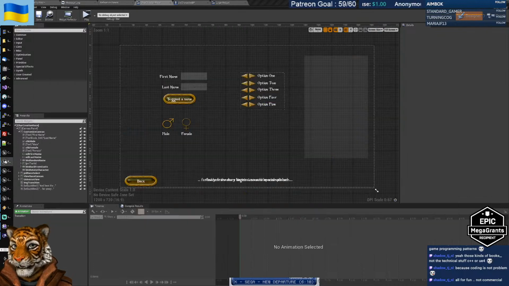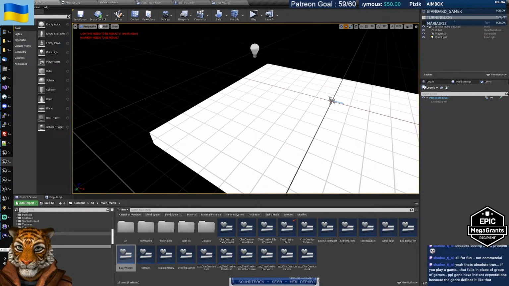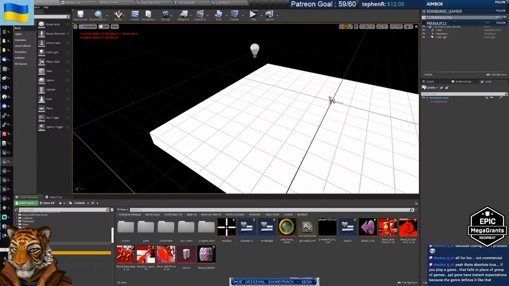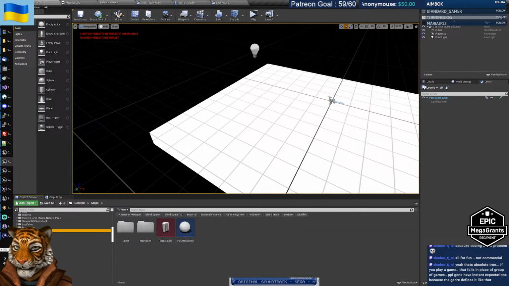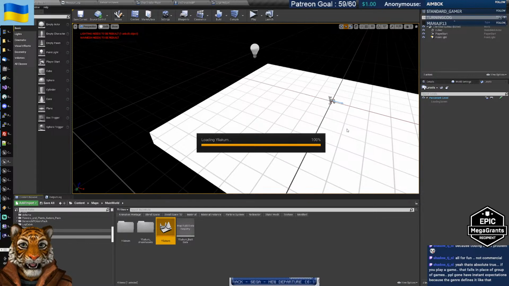I cannot make it completely isometric because I can probably change the camera projection, but